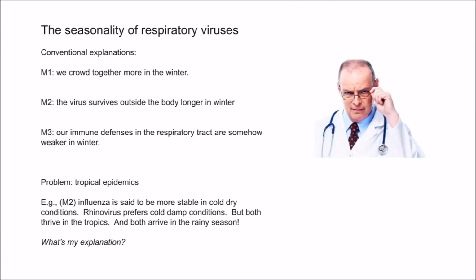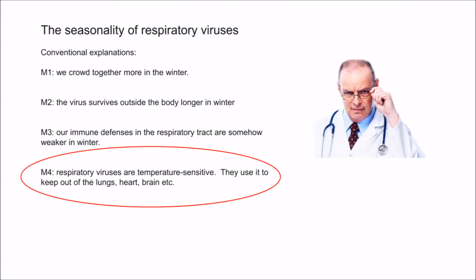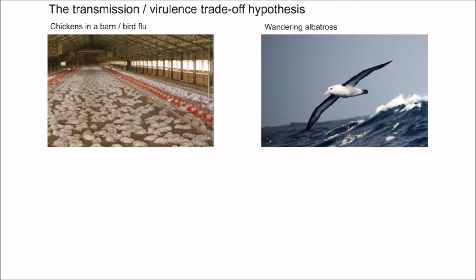So, what's my explanation? Well, I've proposed M4, and this says that respiratory viruses are temperature sensitive, and they use temperature to keep out of the lung, heart, brain, etc., because if they infect those organs, they're going to immobilize their host. Now, there's also quite a well-known hypothesis in evolutionary biology called the transmission virulence trade-off hypothesis,